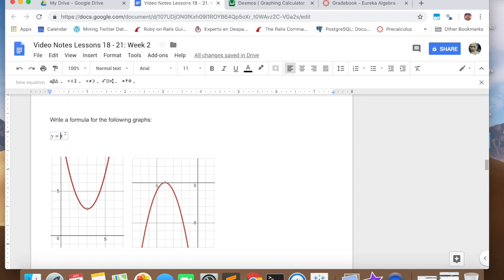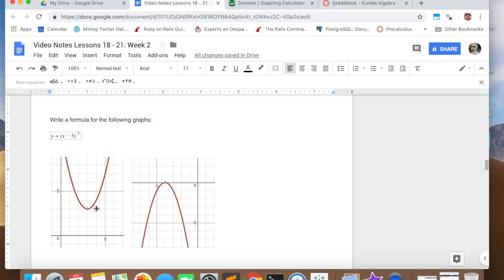I have these other 2 graphs, and I am being asked to write a formula for the following graphs. So you take pretty much a similar approach. You start with your parent function, which is x squared. Then you look at that vertex and see where it is. And you notice it has moved 3 spaces to the right, so I'm going to subtract 3 before I square it,